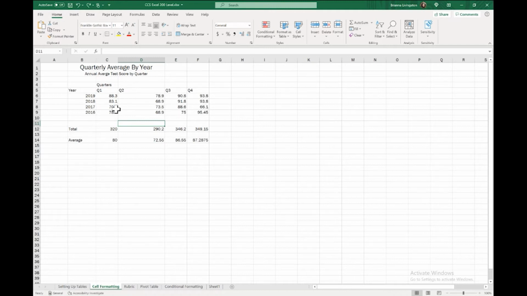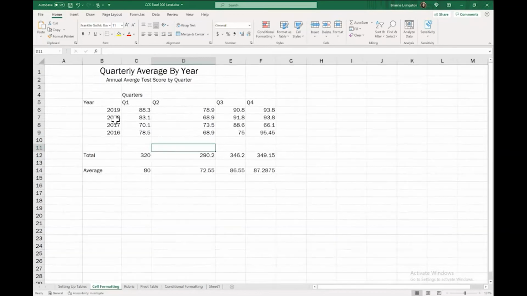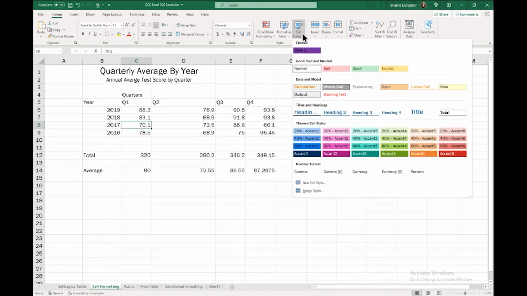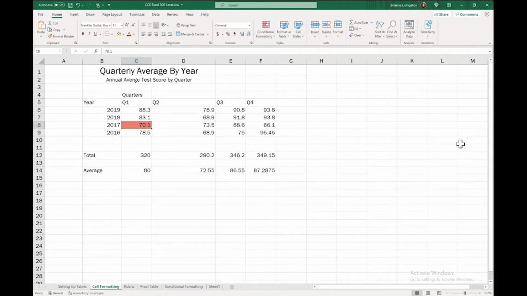You just want to apply it manually. So let's say we want to highlight the lowest scores by quarter in red. So you would come up to cell styles, and we would pick this one, or you could pick this red.